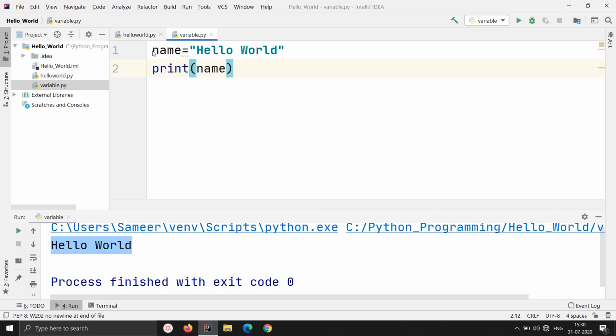I have not declared the type of this variable. Generally, in other languages, before using a variable, we declare the type of that variable. Declaration means we tell the computer which kind of value is expected inside this variable, whether I'm going to store an integer, whether it will be a float, and so on.